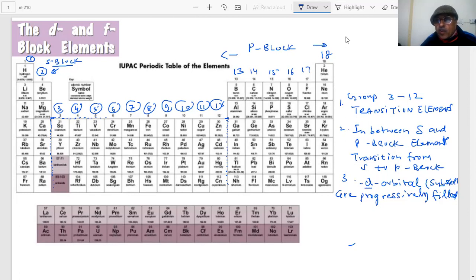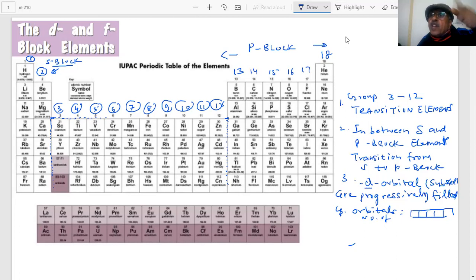And in D, you know how many orbitals are there in D, students? How many orbitals are there in D? Tell me. D subshell contains how many orbitals, students? What is the number of? Five, sir. Okay, thank you very much. There are five. One, two, three, four. There are five D orbitals. D subshell has five D orbitals.